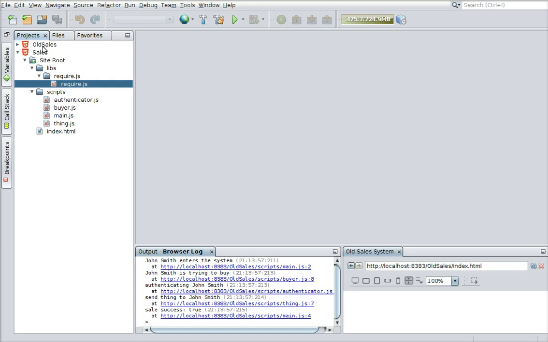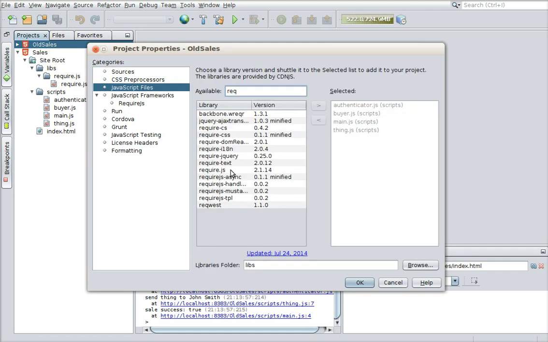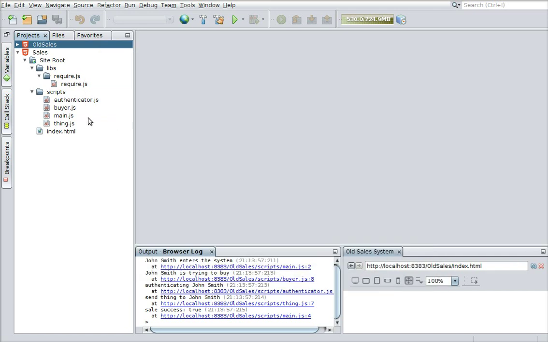Now, adding that to your existing sales system or whatever it is very easy. You can go to JavaScript files and you can look for RequireJS, and then you will see it, RequireJS, and then you can add it to your application. Once you've done that,